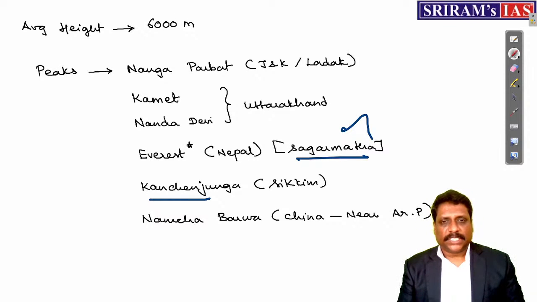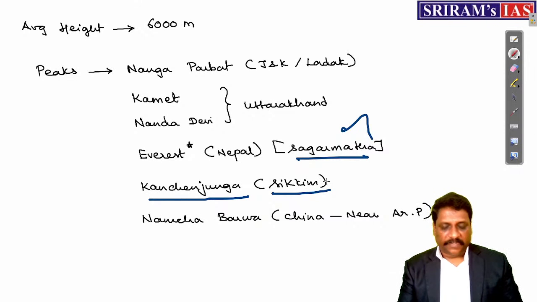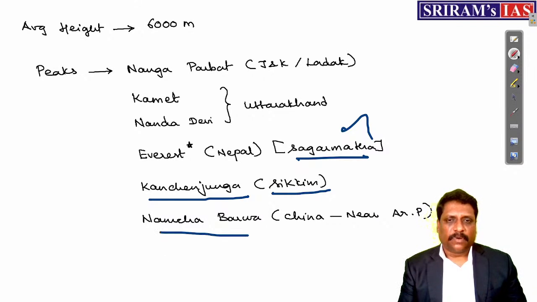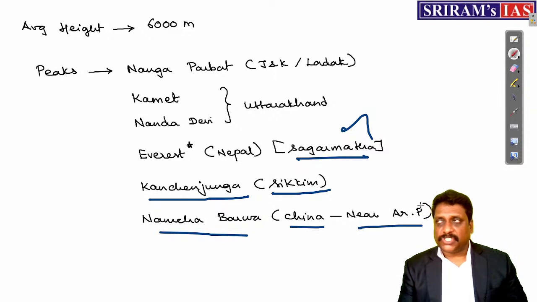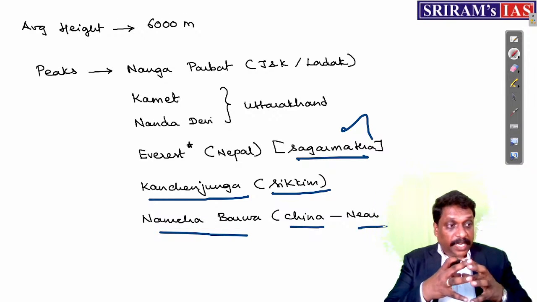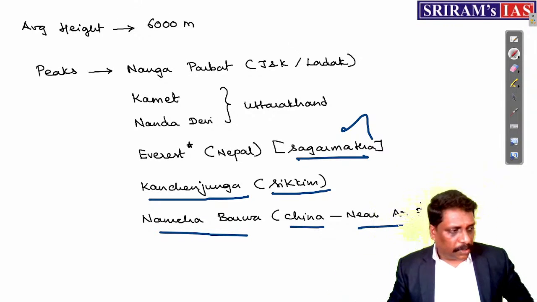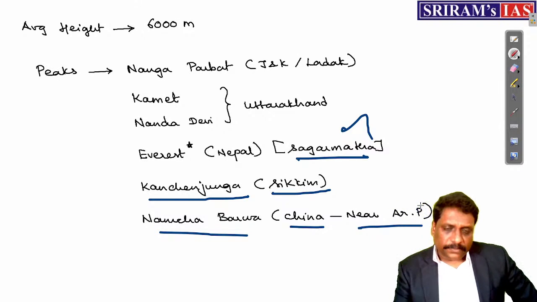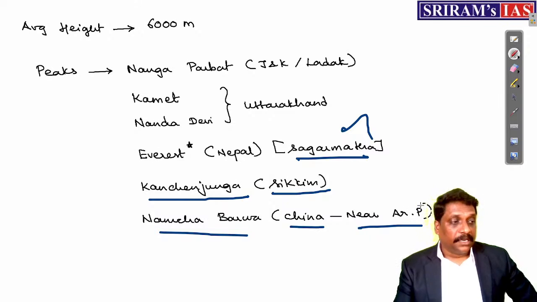And comes Kanchenjunga. Right? Practically speaking, even Ministry of Home Affairs says, within Indian administered territory, if you ask me which is the highest peak, it is Kanchenjunga of Sikkim. Then Namcha Barwa. Namcha Barwa is not there in India. It is there in China, just north of Arunachal Pradesh, we have this Namcha Barwa. So these are some of the very important peaks, right? That is part and parcel of this Great Himalayan region.